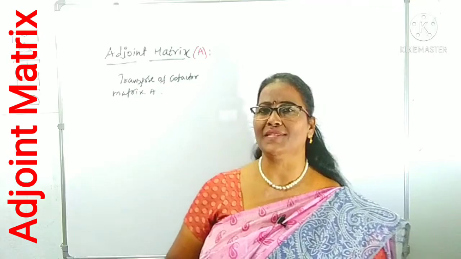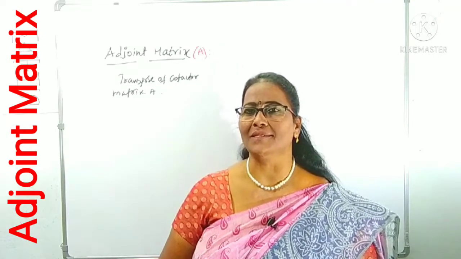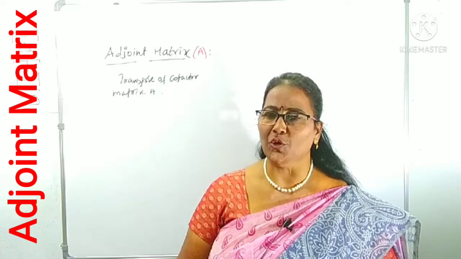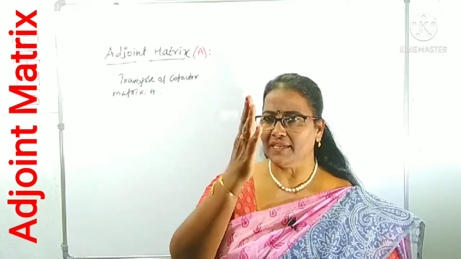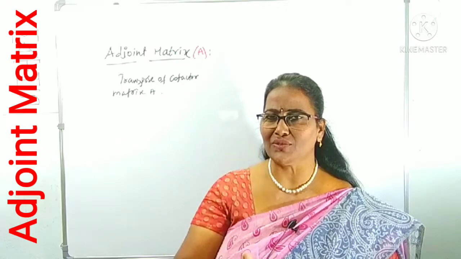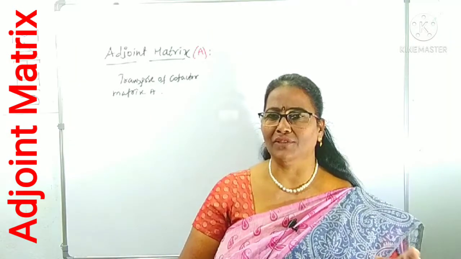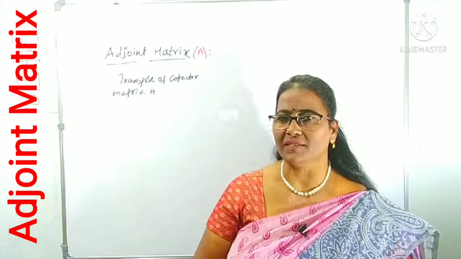In the previous video I said about the transpose. Yes, we can get the transpose of a matrix by interchanging its rows and columns. That is, a row we can take as a column. First row we take as the first column. Suppose the second row is taken as the second column, like that. We can get the transpose of the matrix.